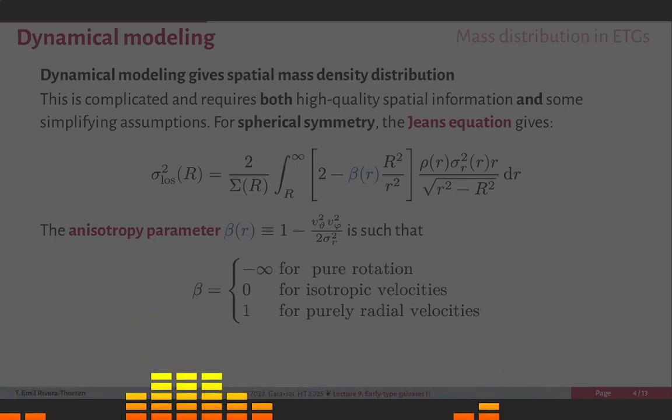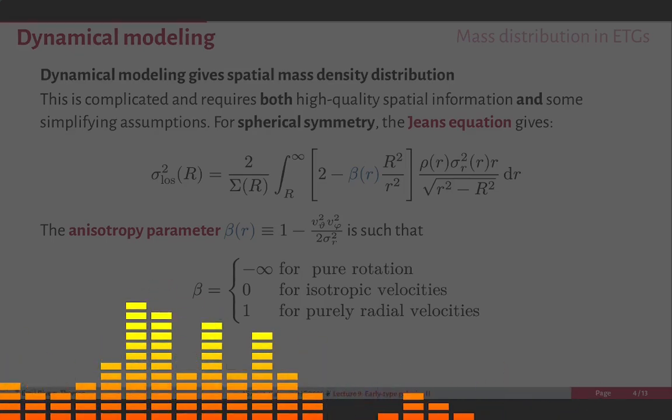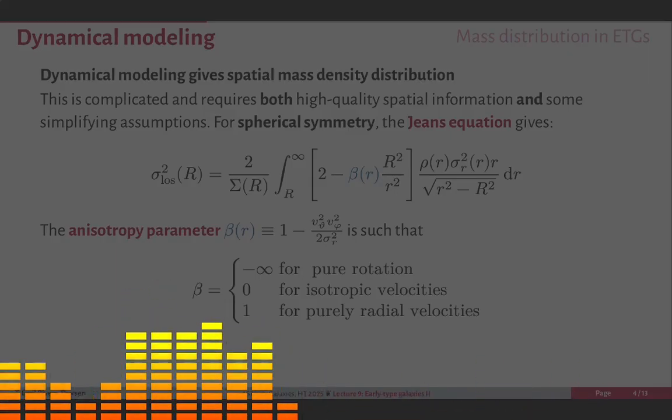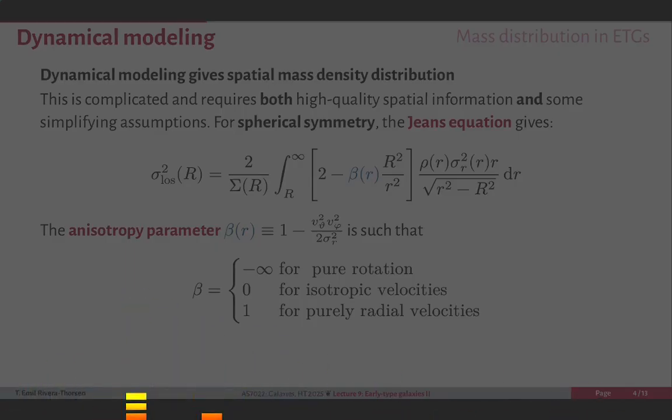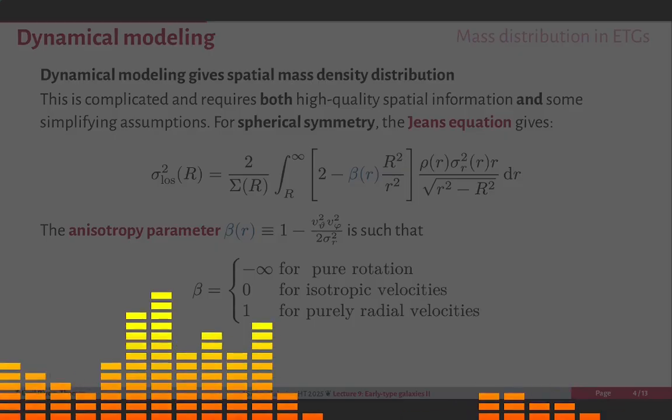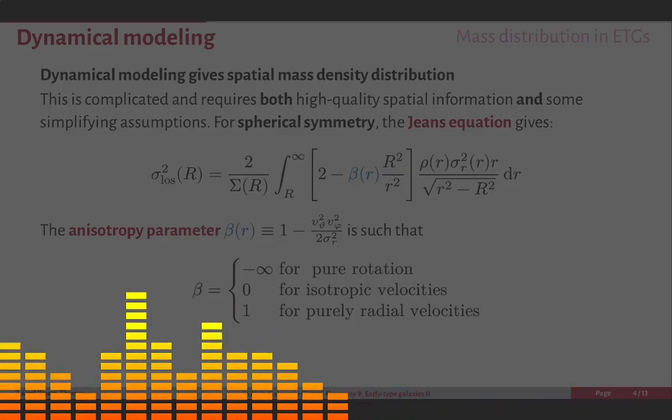It basically shows that anisotropy can masquerade as mass and vice versa. There is a degeneracy between the two that can be kind of difficult to separate. So there are quite a few challenges to this method, but it's also very powerful if we can get past